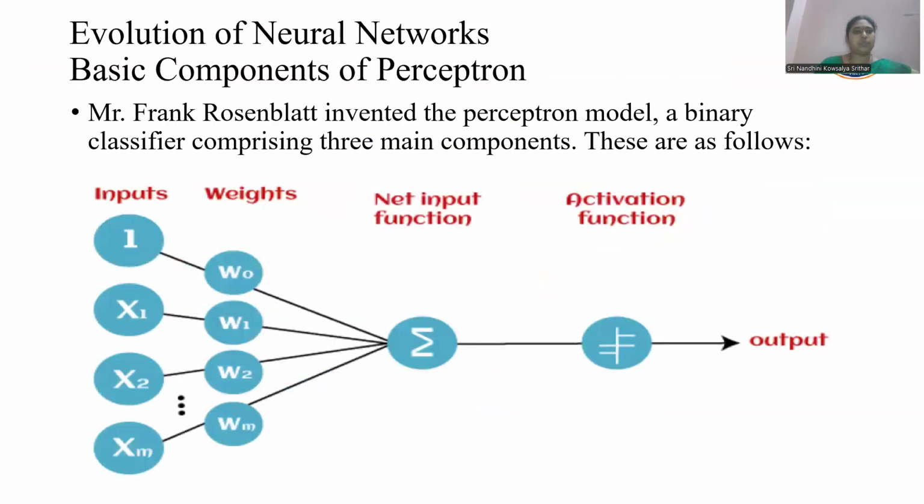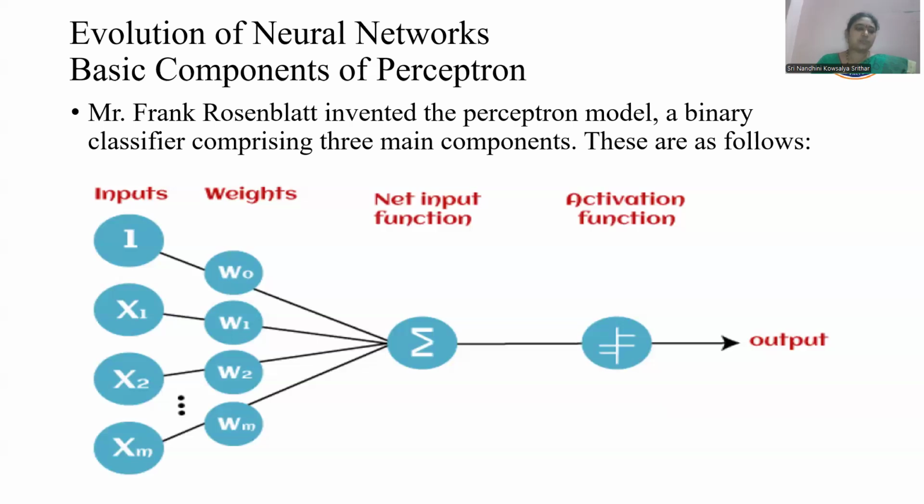Next, the evaluation of the neural network. Here we are going to see the basic components of a perceptron, which is a replica of the neurons. Mr. Frank Rosenblatt invented the perceptron model. A binary classifier comprises three main components, which are represented in the perceptron. The first one is input, along with its weights, then the input function, then the activation function, and then it gives